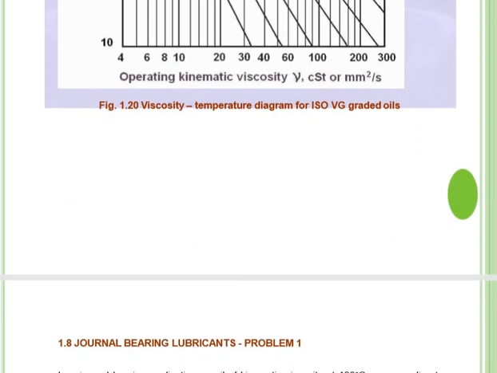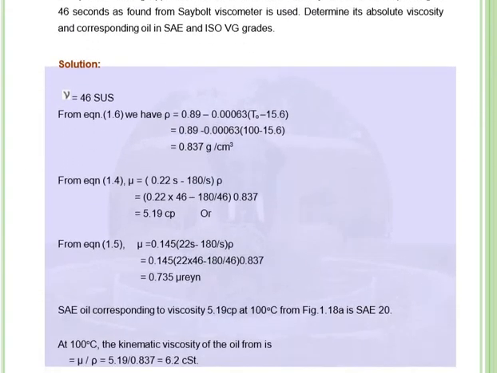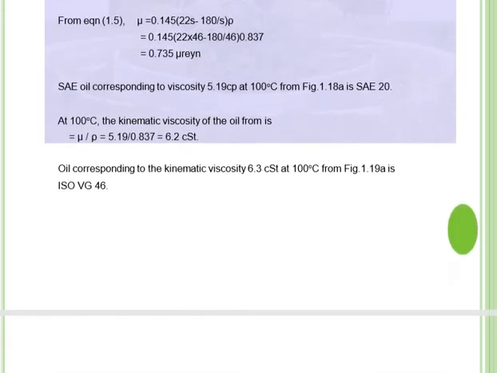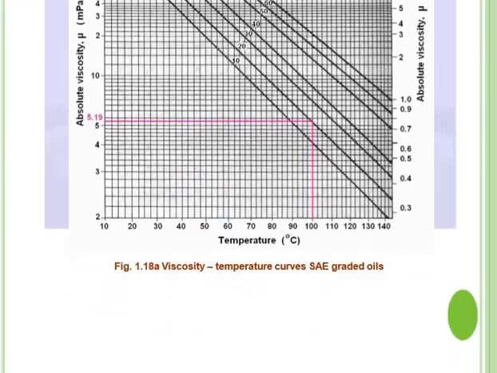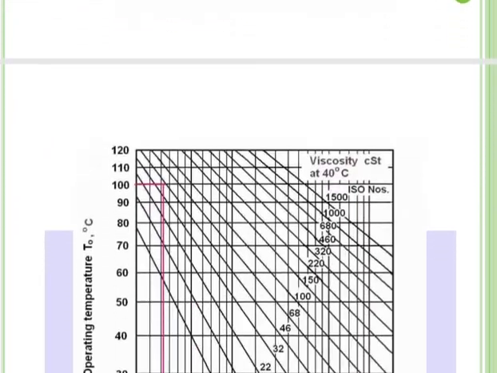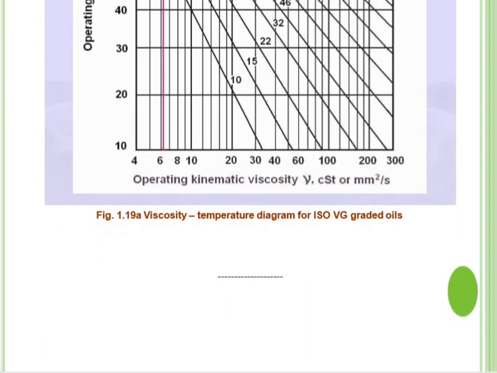Okay, and you can see journal bearing lubrication. Okay, now general bearing lubrication, at some different temperatures we can apply it, and we can see that. Okay, now we will see one more, operating temperature and operating kinematic viscosity versus. Okay, this is a brief about sliding contact bearings, and we will see another of the related content of sliding contact bearings.